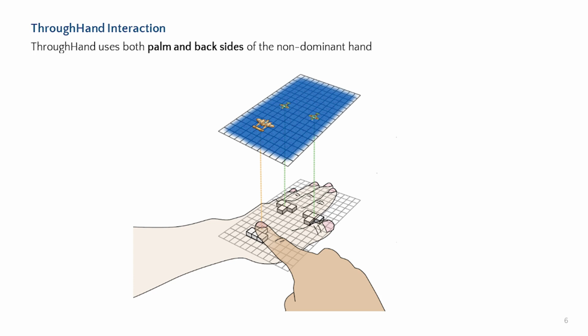We propose ThroughHand, which uses both the palm and back side of the non-dominant hand. ThroughHand users perceive tactile output using the palm, which allows them to immediately sense changes within a large area. Simultaneously, users are able to utilize the back of the hand as a touch input space. Since the non-dominant hand is used both as an input channel and an output channel, we call this design co-located